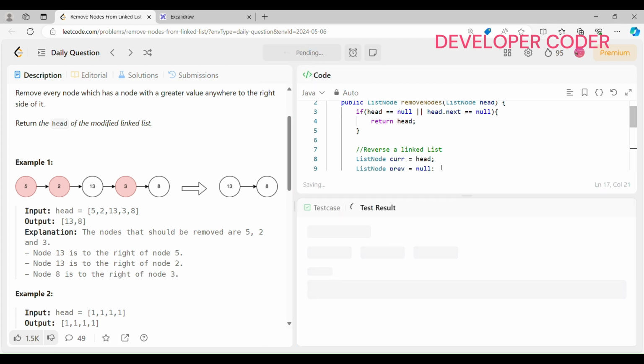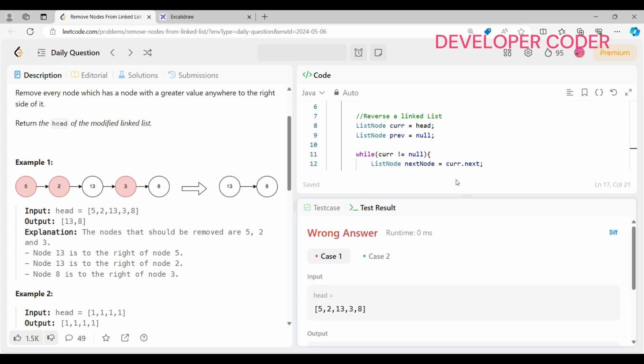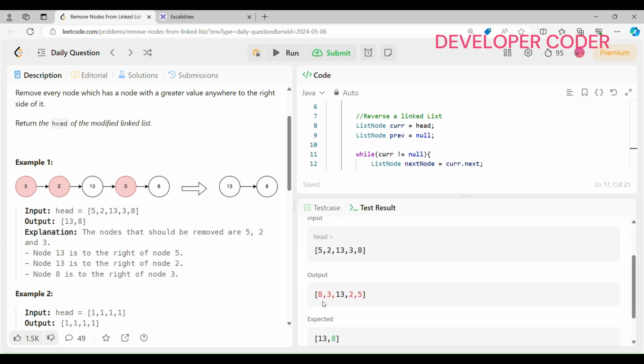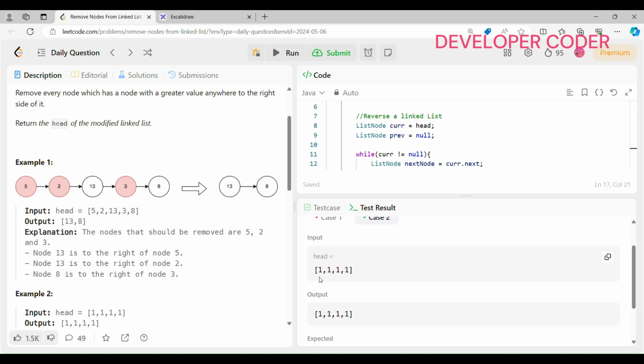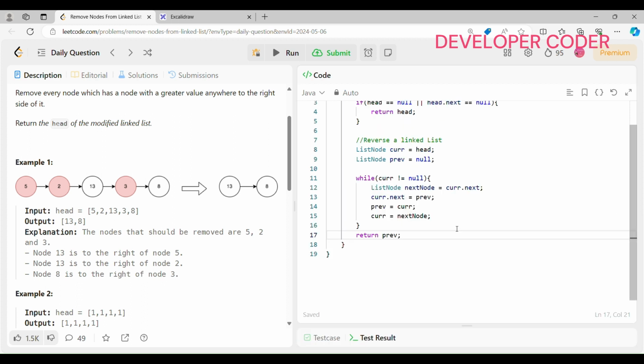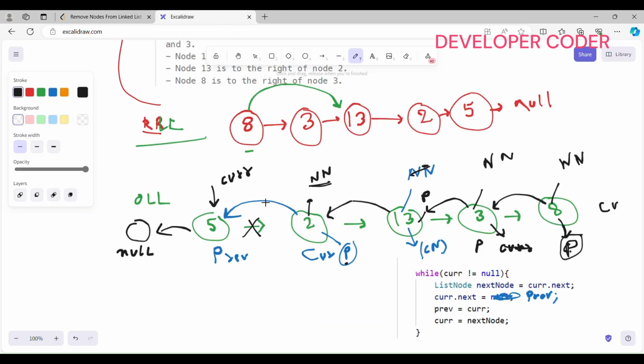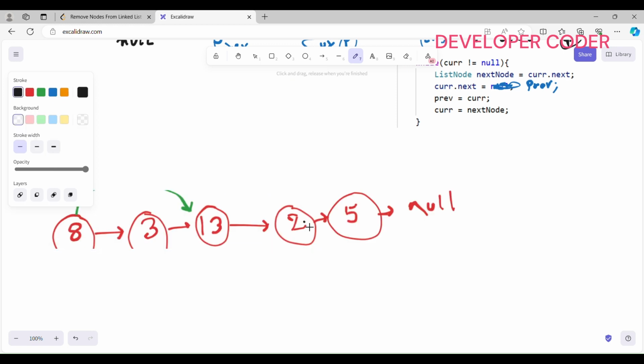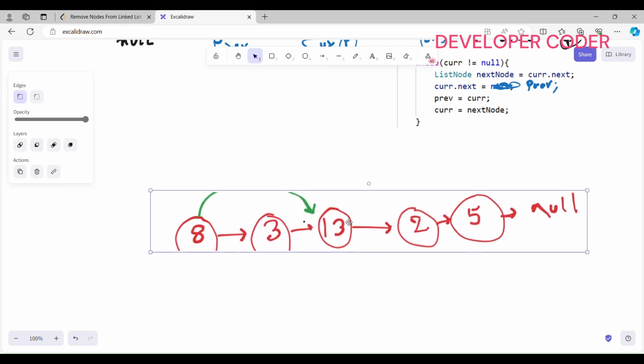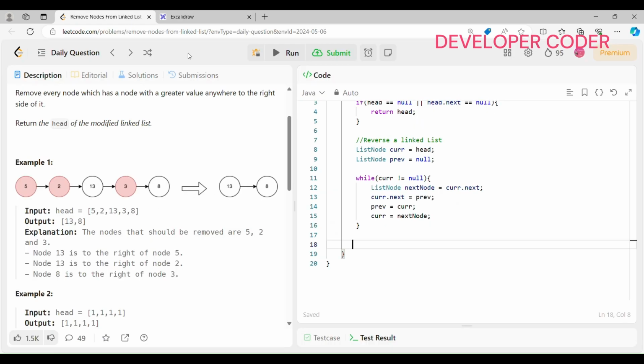If I run this code, just this code, see here, I have reversed the linked list successfully. 8 3 13 2 5, and here 1 1 1 1 1 1. So I have reversed the linked list. I hope that you guys are clear with how we are going to reverse the linked list. This is done. Now let's move to the next step. After we have reversed our linked list successfully,